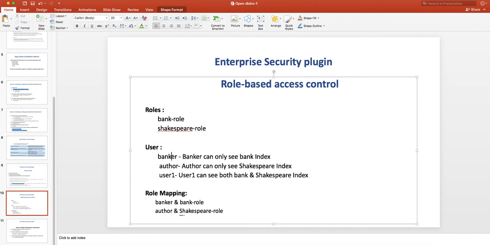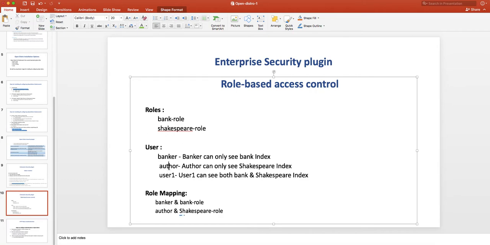It can be a banker, it can be an author, or it can be a normal user. What are roles? Different kinds of people can play different roles, so those are the roles that we'll be creating. In this scenario we're going to create two roles: one is the bank role, one is the Shakespeare role, and the third role will be the bank Shakespeare role.